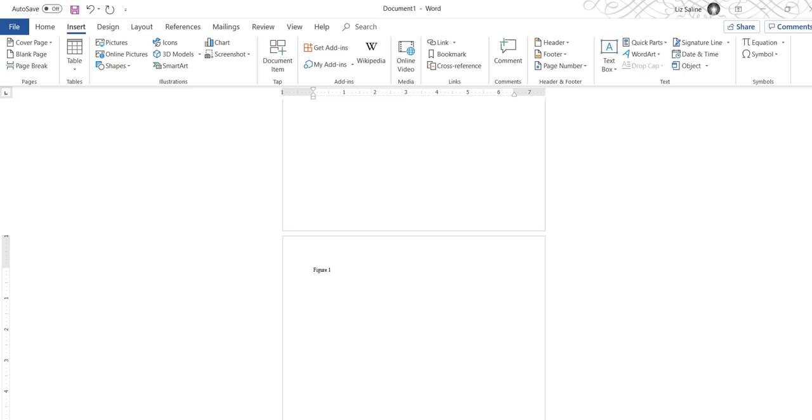Figure 1, and then my title for the figure is going to be in italics, and I'm going to call this individuality by